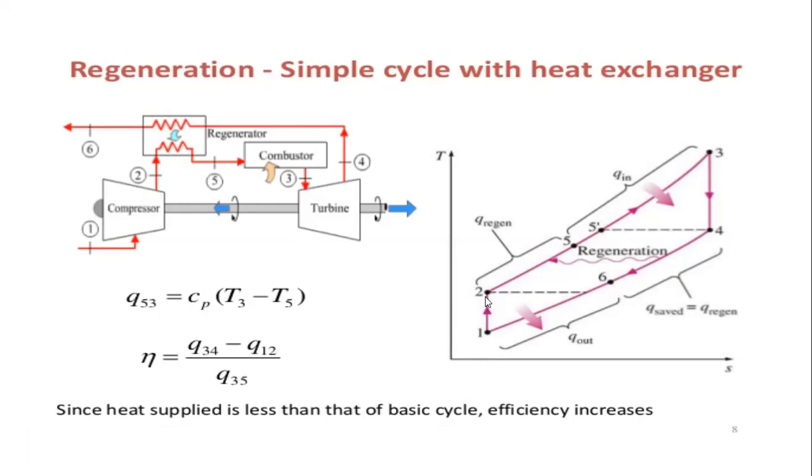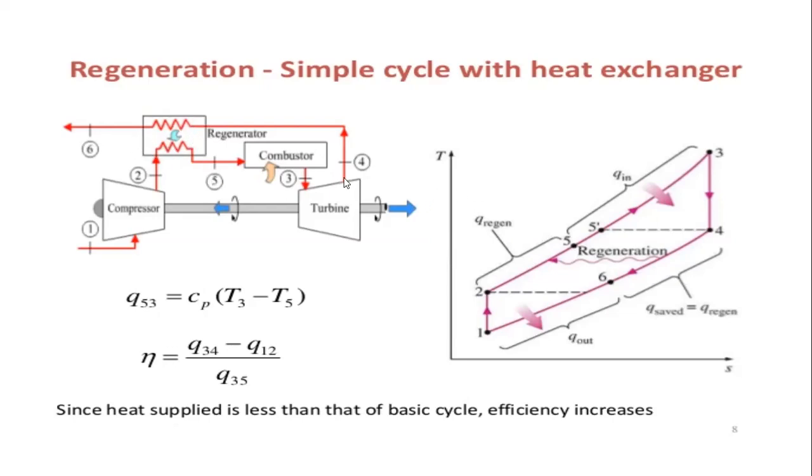And then we talked about this new process, which is not in the simple cycle. This new process is heating, 2 to 5. 2 to 5 is a heating process at constant pressure. So you see the temperature increases from T2 to T5. This is the temperature T5 here, and this was the temperature T2 earlier. The temperature has now jumped from T2 up to T5, and this has happened because of heat exchange in the regenerator.